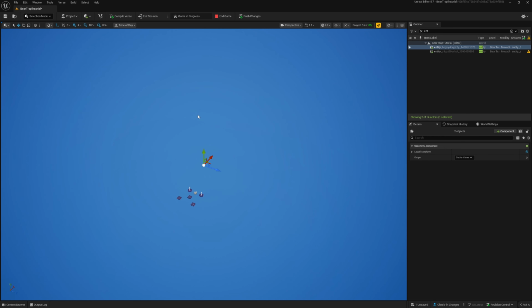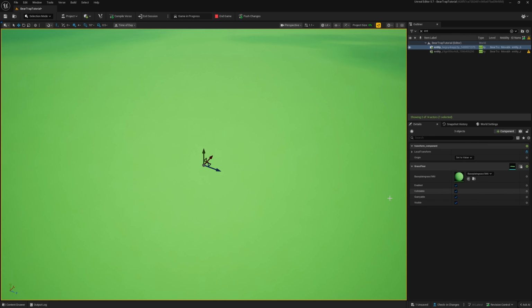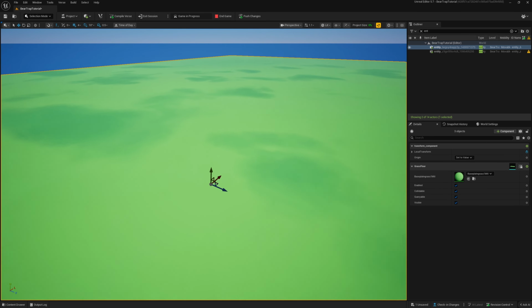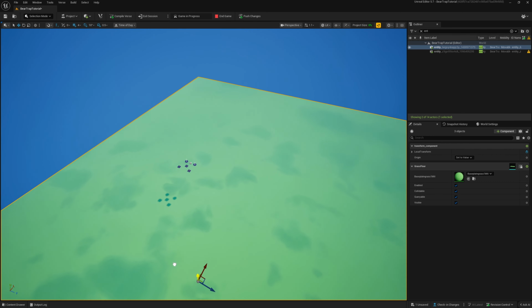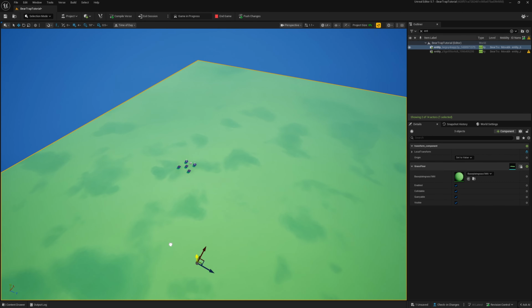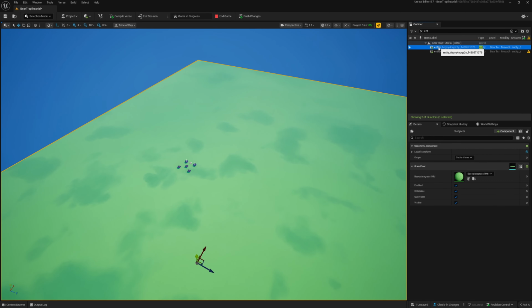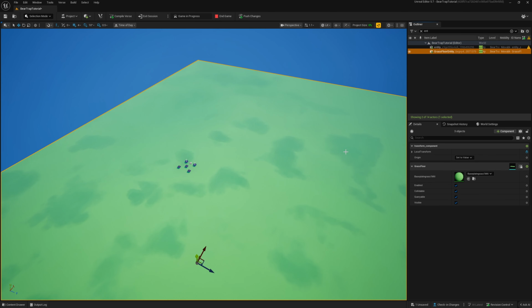We need to create an entity here, pick add component, and add grass floor here. This needs to be your floor entity, and this is so that ray tracing detects the entity and not just the static mesh. So this floor needs to be an entity. We can even rename it grass floor entity